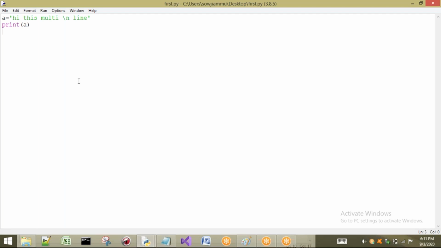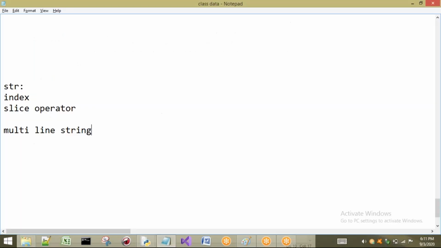In strings only, we can also have special characters. Those are called escape sequences, or we can consider them as escape characters.